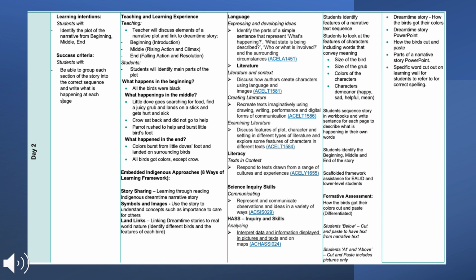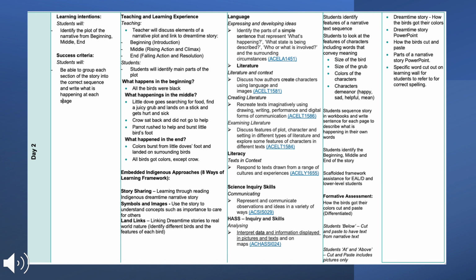But the students who are at standard and above standard, that the teacher identifies that they will be able to recount the story correctly, they will be able to develop their skills when the cut and paste has no writing on each of the pages, where they will have to infer what is happening and then remember where that belongs